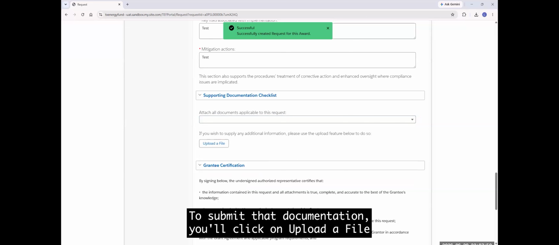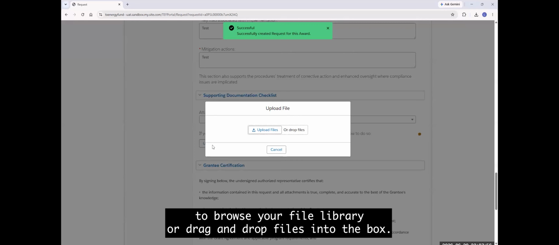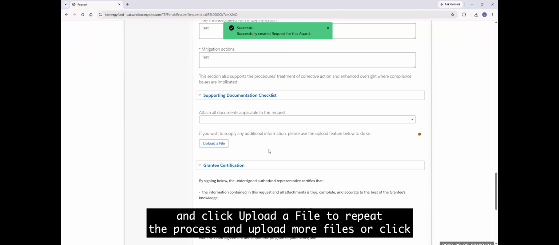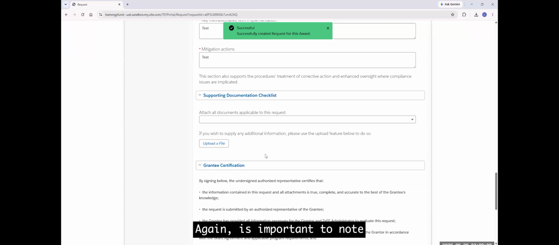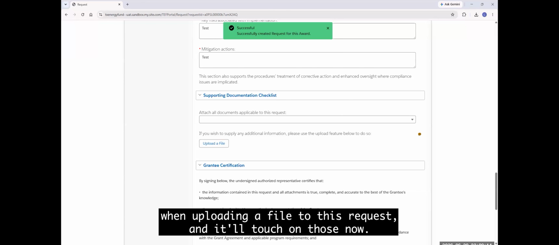To submit that document, you'll click on Upload a File, and then either click Upload Files to browse your file library or drag and drop files into the box. Once your file is finished uploading, click on Done, and repeat the process to upload more files or click Save as Draft again. It is important to note that there are specific file naming conventions to follow when uploading a file to this request, and we'll touch on those now.